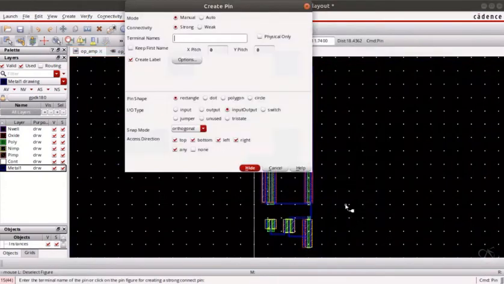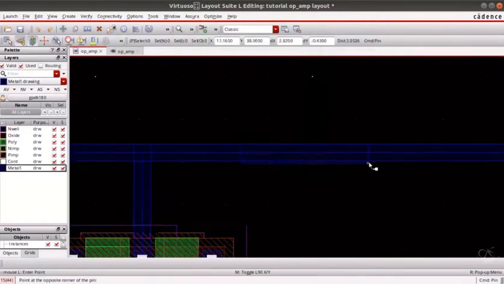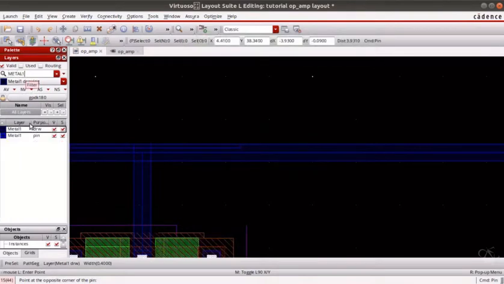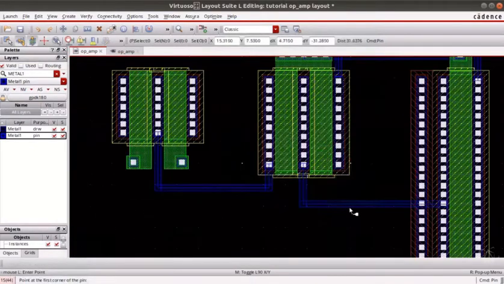Press Ctrl P. Now let us start with VDD and VSS. For that, first choose metal 1 pin that is available here. This is VDD and this is VSS,